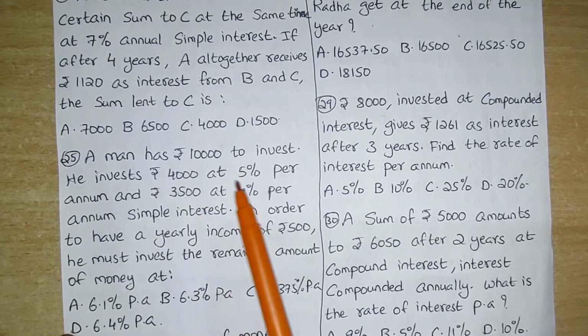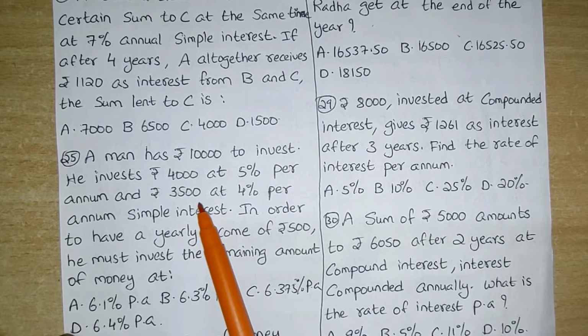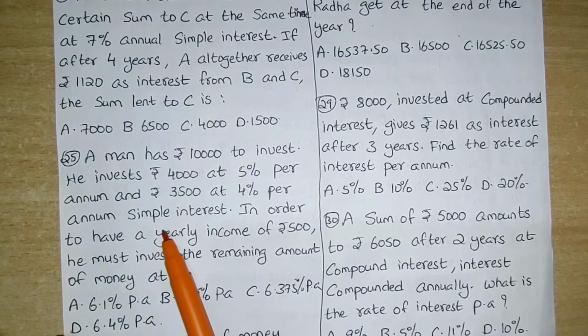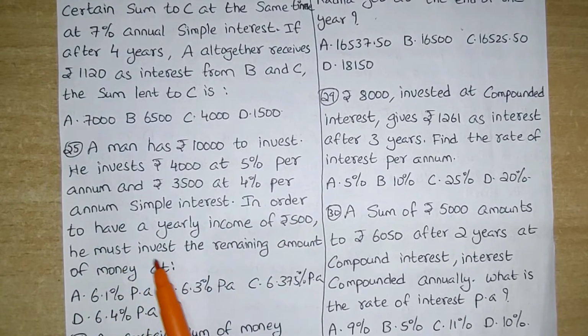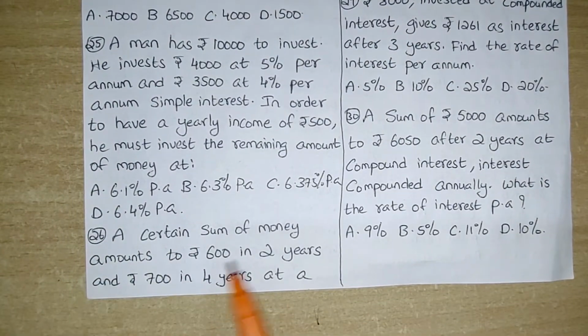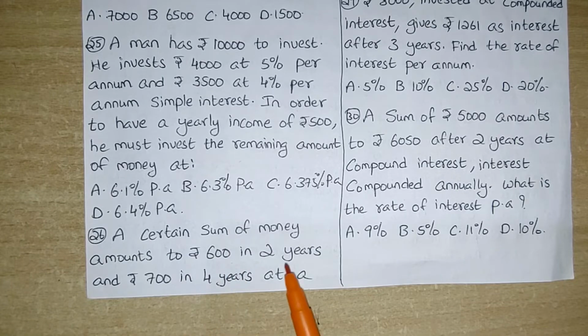Next, a man has 10,000 rupees to invest. He invests 4,000 at 5% per annum and 3,500 at 4% per annum simple interest. In order to have a yearly income of rupees 500, he must invest the remaining amount of money at how much? 26. A certain sum of money amounts to rupees 600 in 2 years and rupees 700 in 4 years